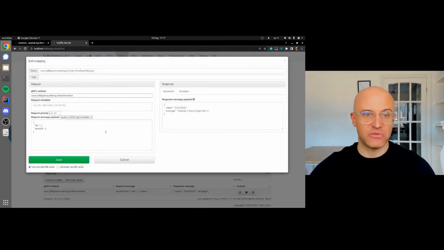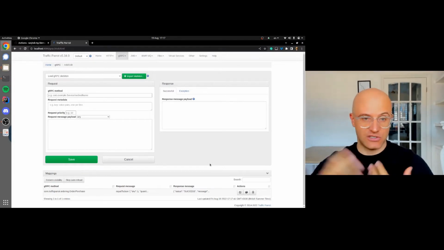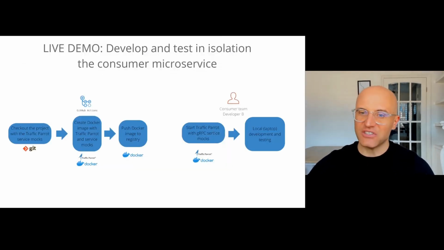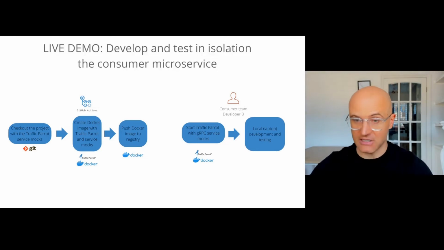This is the mock that we've created manually, or somebody else created for us manually a few minutes ago, and we can now use it because we've got the Docker image, the Docker container running locally, and we can develop our microservice and test against this mock that pretends to be the producer microservice, which is the backend microservice. So now that I've started Traffic Parrot locally and it's running in this Docker container that's been built by my GitHub action, I can develop my microservice and rely on those mocks to